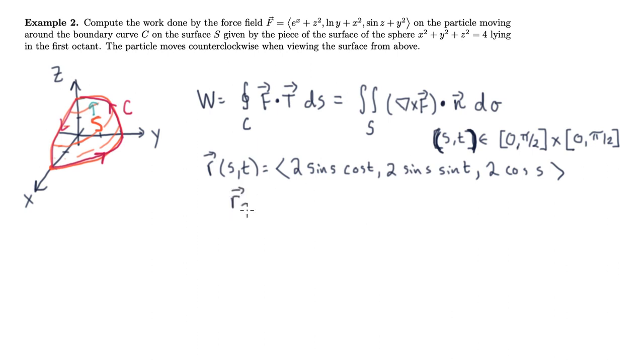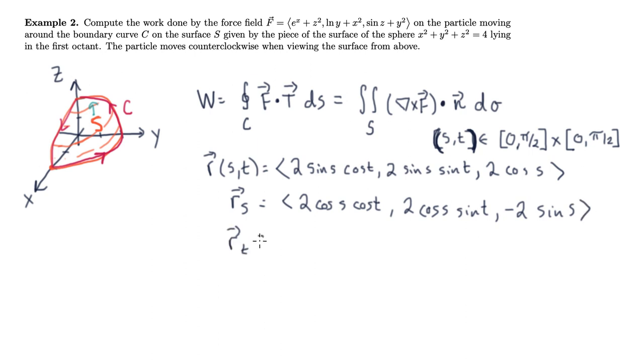So we need to take the partial with respect to s, which is going to give us 2 cosine s cosine t, and then 2 cosine s sine t, and then negative 2 sine s, and then partial with respect to t is going to be minus 2 sine s sine t. Here we'll have 2